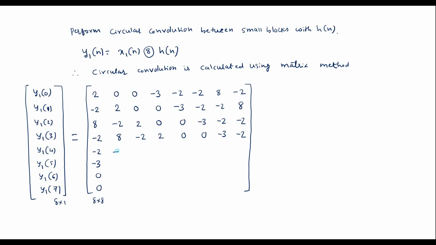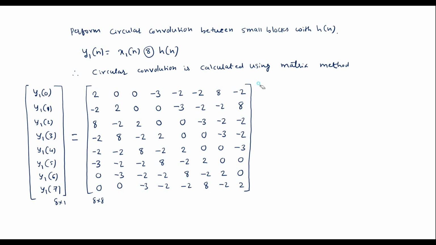Next, this minus 2 is to be written here. This is 8, minus 2, 2, 0, 0, minus 3. Next, this is minus 2, minus 2, 8, minus 2, 2, 0, 0, this is minus 3. Minus 2, minus 2, 8, minus 2, 2, 0, 0, minus 3, minus 2, minus 2, 8, minus 2, 2. So now here we'll write h of n sequence